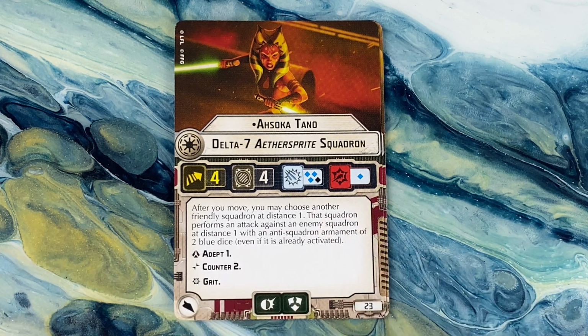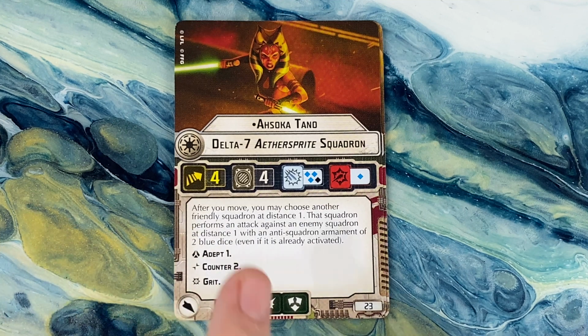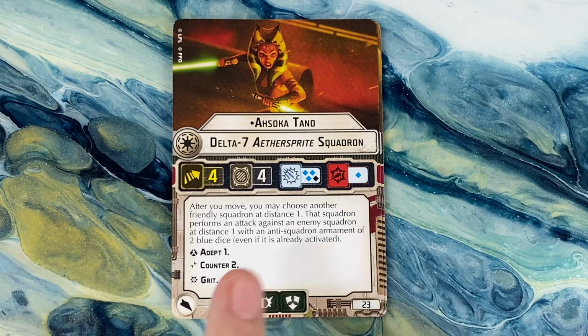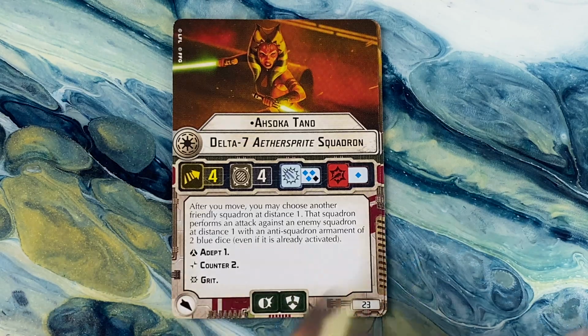She's going to work especially well with other Jedi that also have the Adept keyword. So this way they get their free attack and they get the re-rolls on that particular attack. So she's giving out extra attacks. Now, it's a very specific type of attack, but this is also going to be really good for the future. Any other squadrons that get attack-based effects, like while attacking or do this and that, is going to be particularly